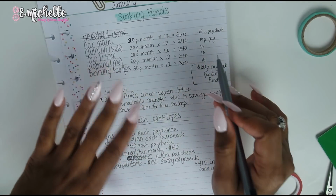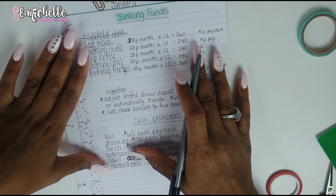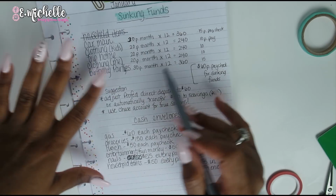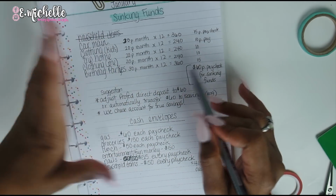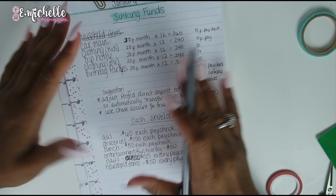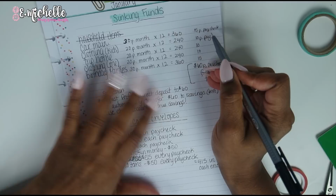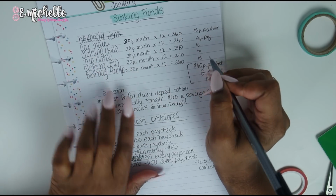And then clothing for myself. I'm really trying to cut back on clothing items that I'm purchasing for myself, but sometimes there are events that come up that I need to purchase for. Like I said, birthday parties for the kids, $30 a month. So that's $360 a year, and again, I split that with their dad, so that's good. So that equals $15 per paycheck for car maintenance, $10 for clothing, $10 for trip home, $10 for clothing, and